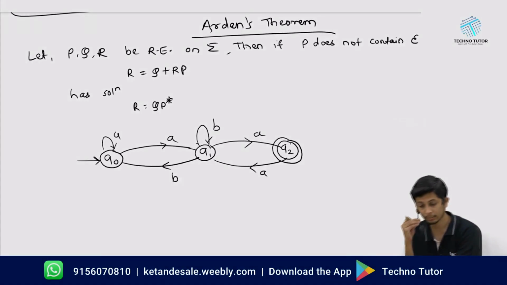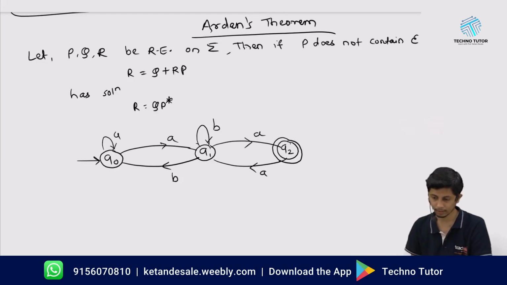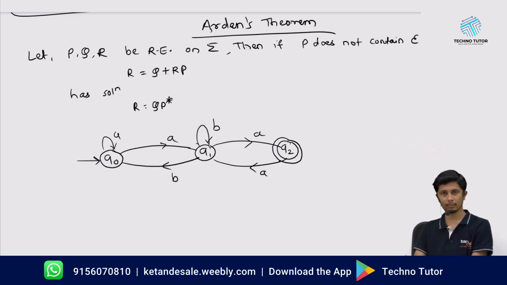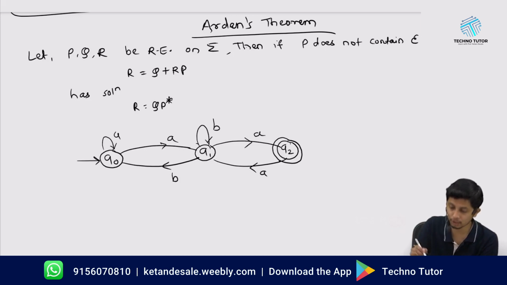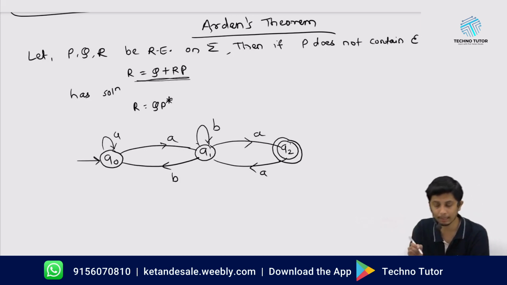Now we will start with the second method, which is called Arden's theorem. Before starting with an actual example, we'll go through the basics of Arden's theorem and how it is represented. If P, Q, R are regular expressions available to us on any alphabet, then one more condition needs to be satisfied: P should not contain epsilon, meaning the value of P is not epsilon. Then an expression of the form R is equal to Q plus RP can be simplified to QP raised